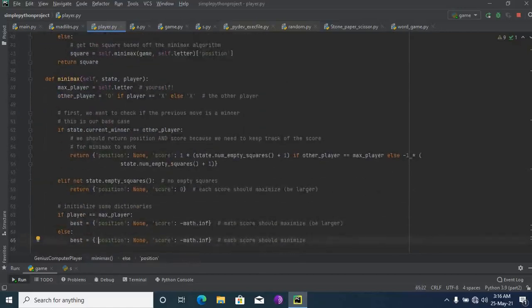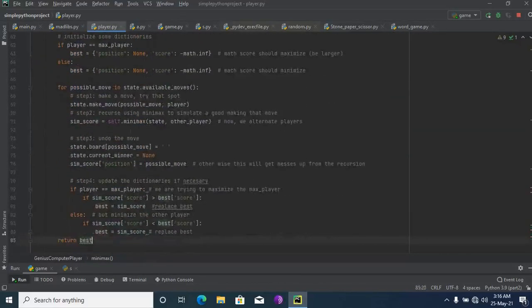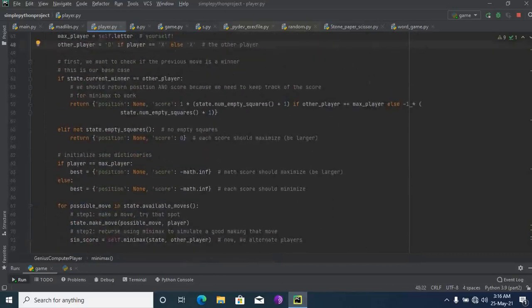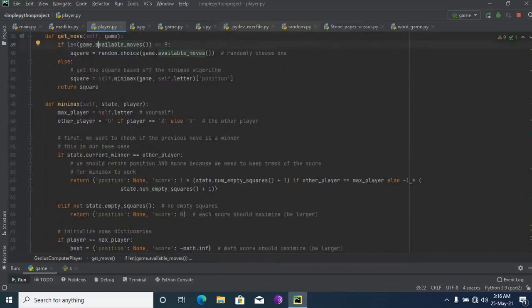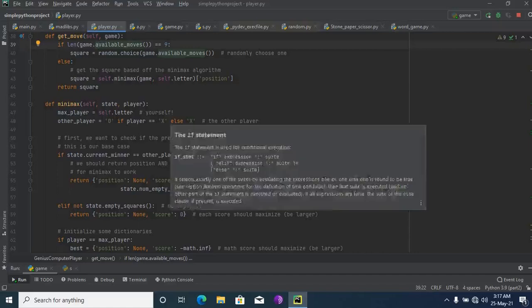Then this is the minimax algorithm. In the minimax algorithm I'm defining state and player, that is game player. I'm giving another name, that is state player. Then I'm giving maximum player, that is we the user, playing ourselves, the human player, and the other player is maybe the computer player.